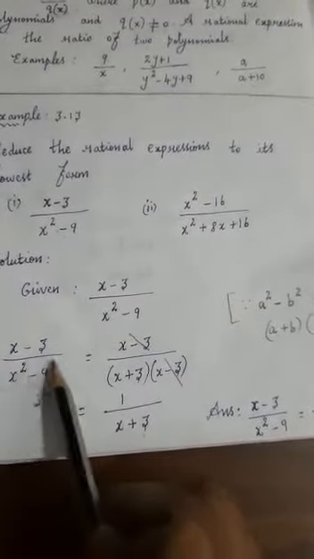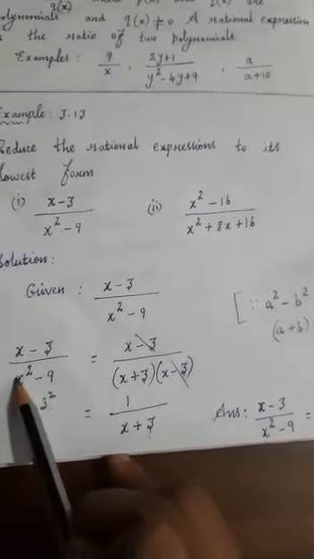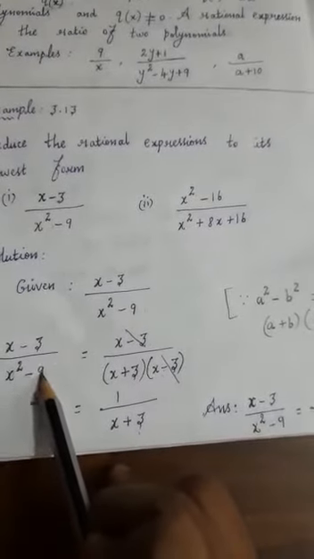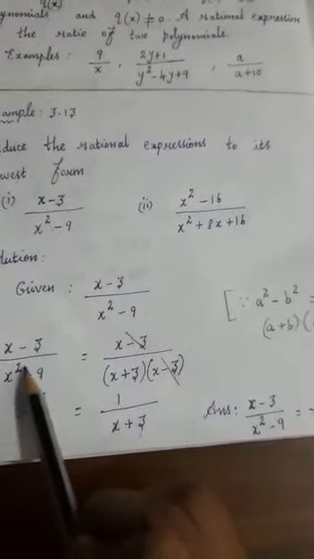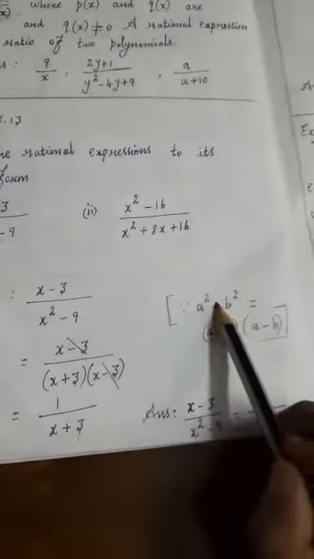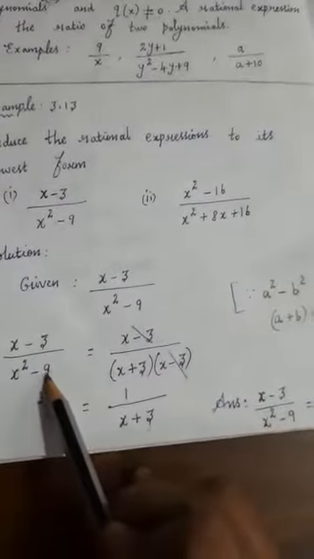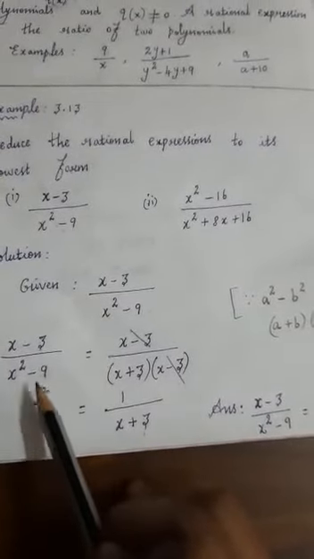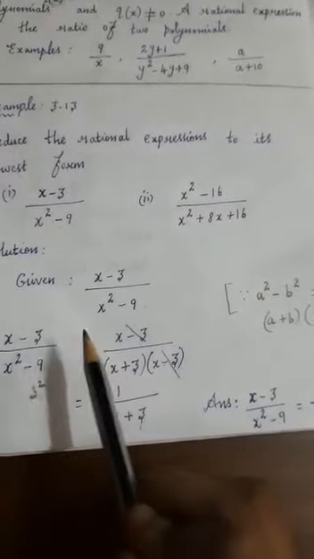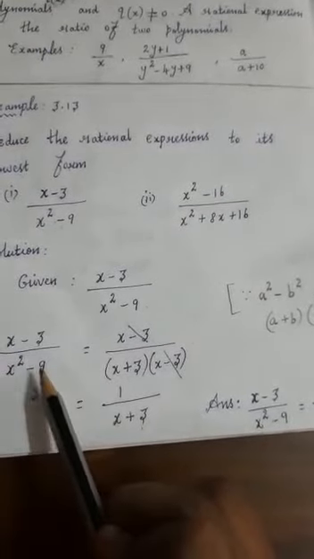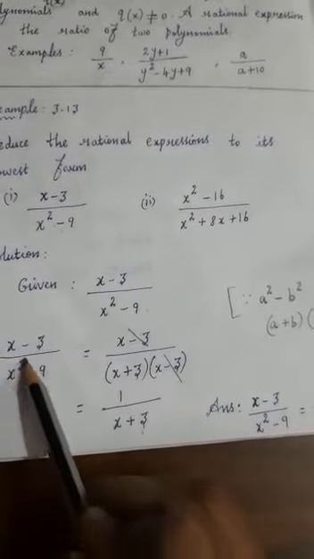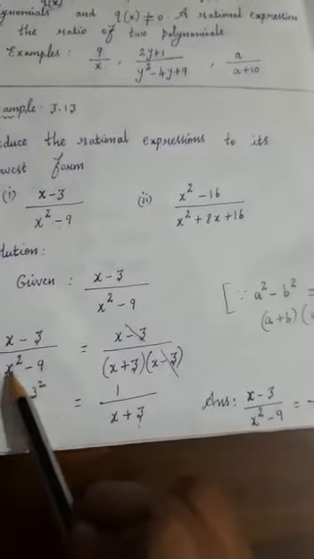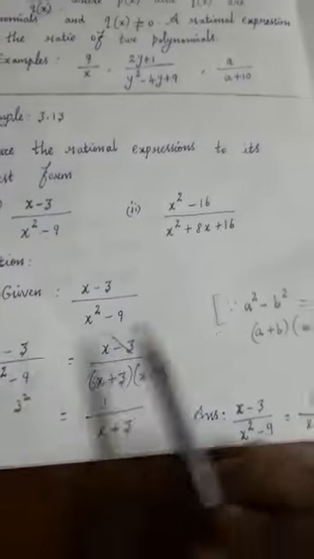So here you can factorize using the formula. See here x square, in between minus you have. The second term also, if you make the square, you can use the formula. Which formula? A square minus b square formula you can apply. You know that 9, which number if you multiply by itself you get 9? 3 square, 1 square is 1, 2 square is 4, 3 square is 3 into 3, that is 9. So instead of 9 can you write 3 square? So now you have x square minus 3 square, like a square minus b square. So can you apply the formula here?